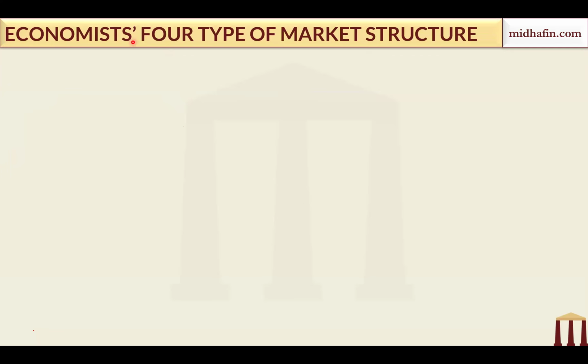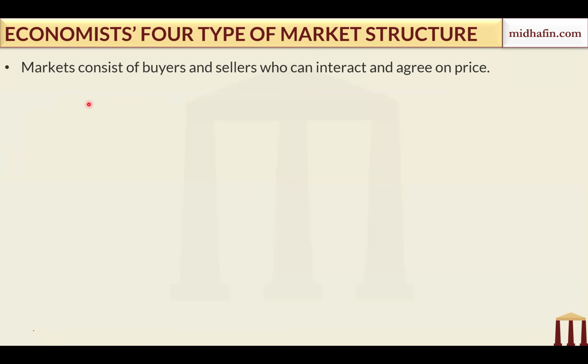Now, economists have defined 4 types of market structure. So basically, what is a market? A market is simply a place where you have buyers and sellers who can interact, agree on a price, and exchange information. This interaction between them, basically the ability to communicate with each other and do transactions with each other,